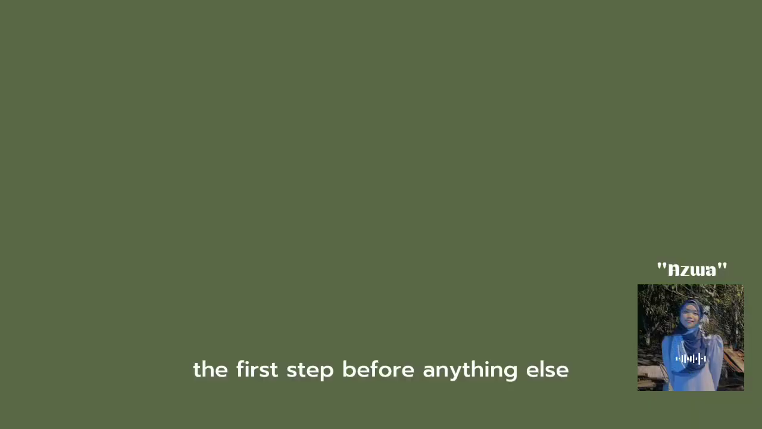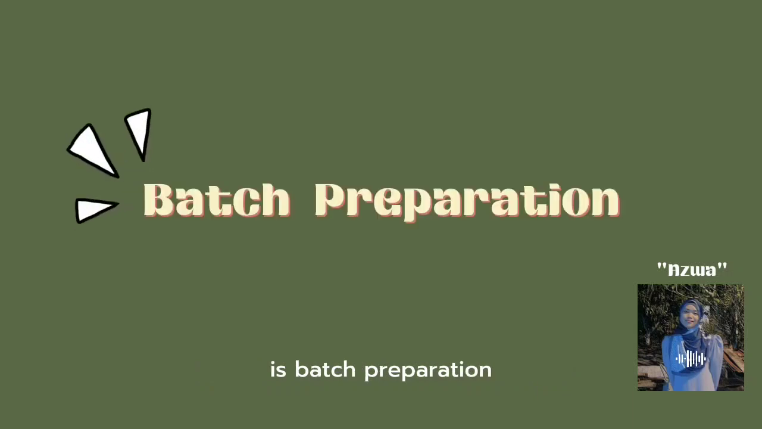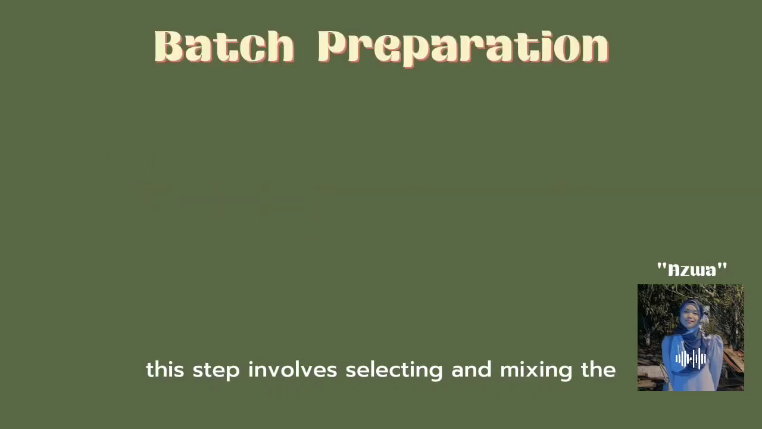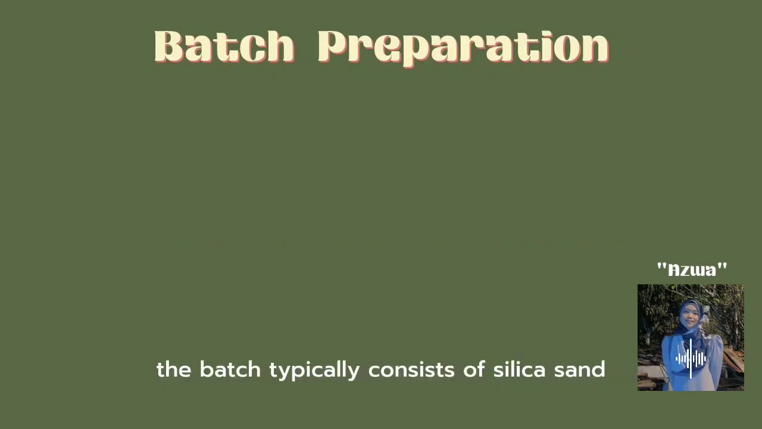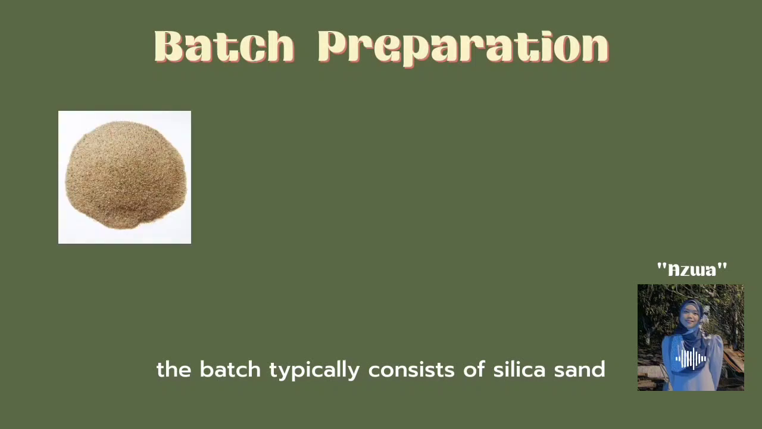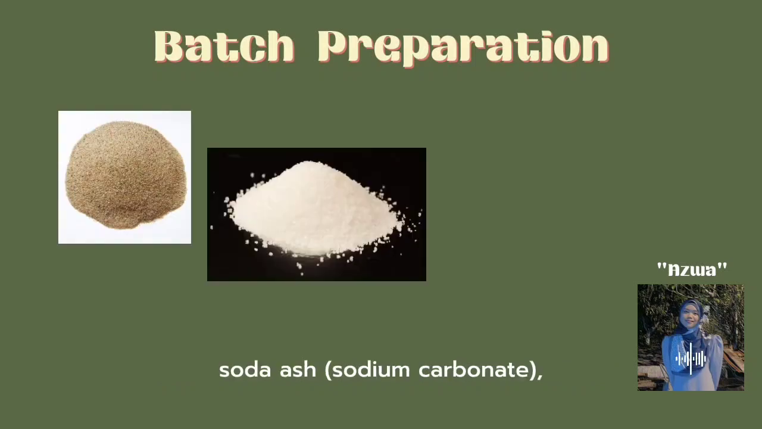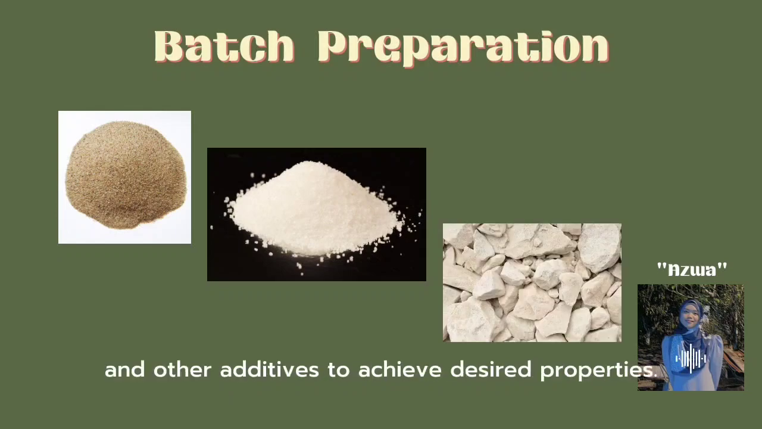The first step before anything else is batch preparation. This step involves selecting and mixing the raw materials in precise proportions to create a batch. The batch typically consists of silica sand (silicon dioxide), soda ash (sodium carbonate), limestone (calcium carbonate), and other additives to